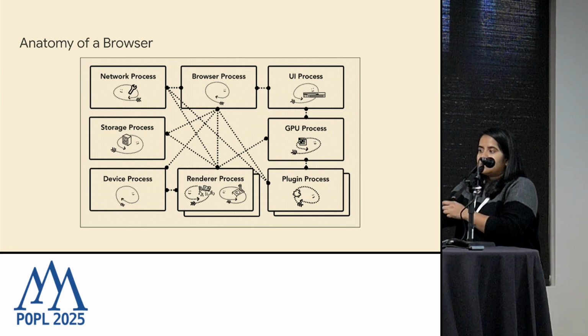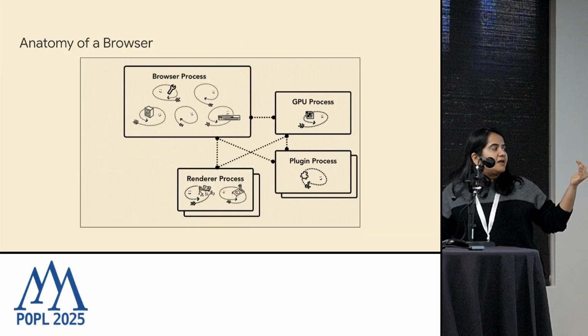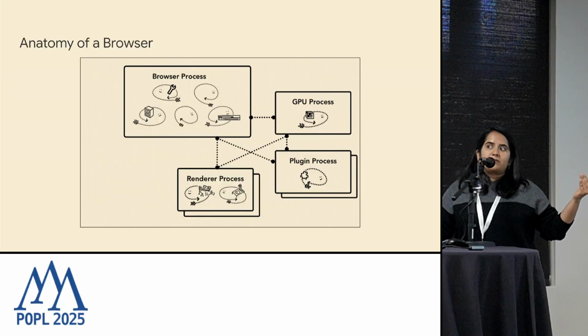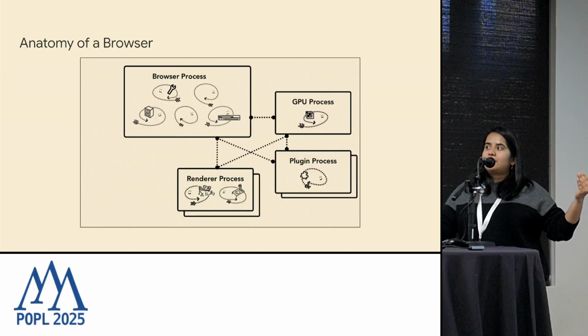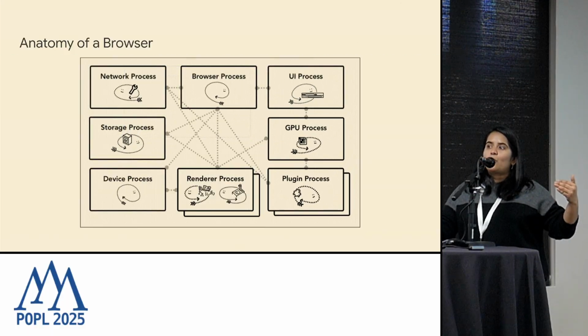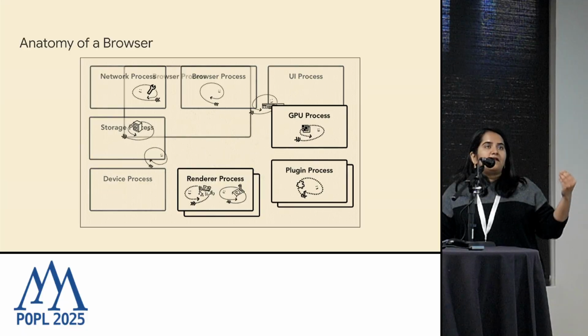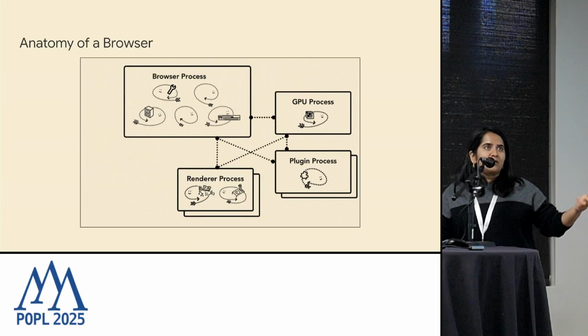So for the renderer processes, the most simplistic way to think about them is that each tab gets its own process. The advantage to this type of architecture is that if one tab crashes, the other ones stay alive. This is also really important for security and sandboxing. So if you do have some sort of a security issue in a process, it doesn't leak and affect the